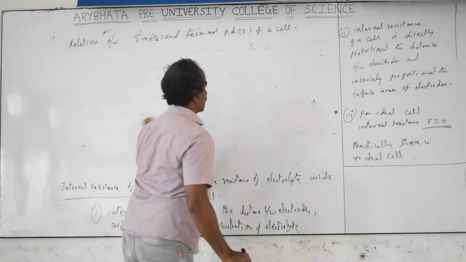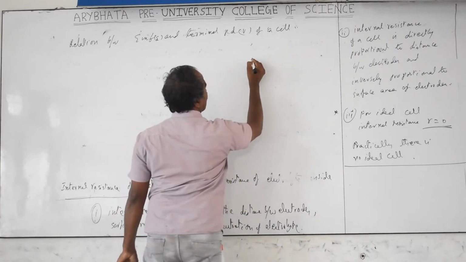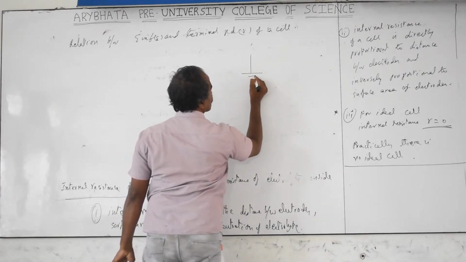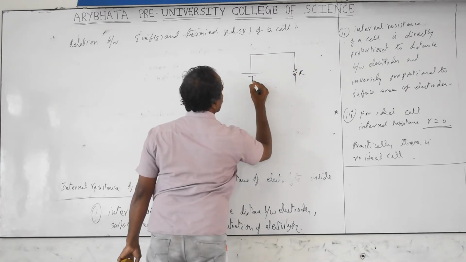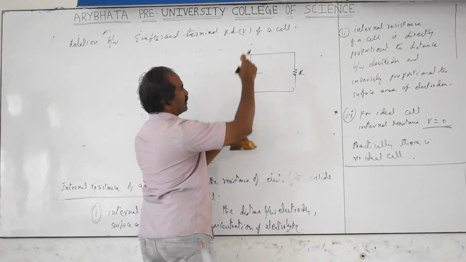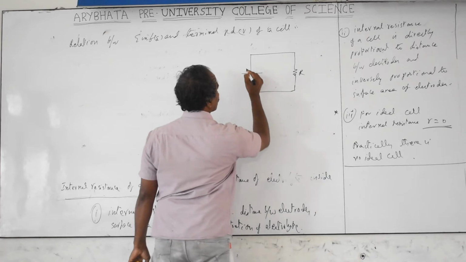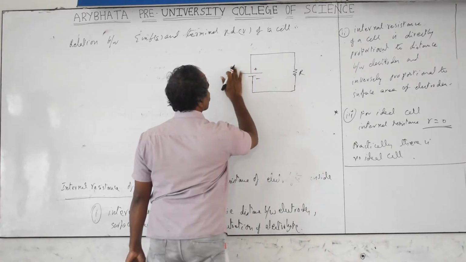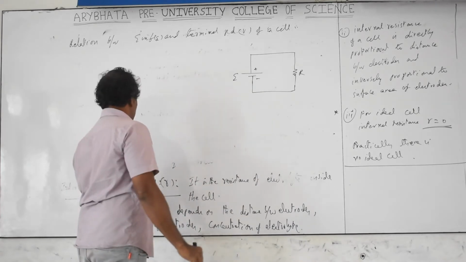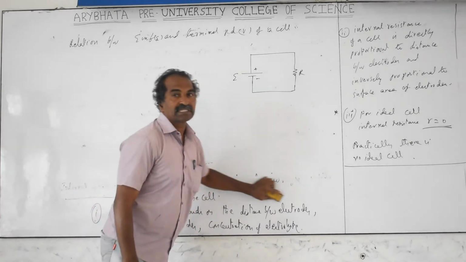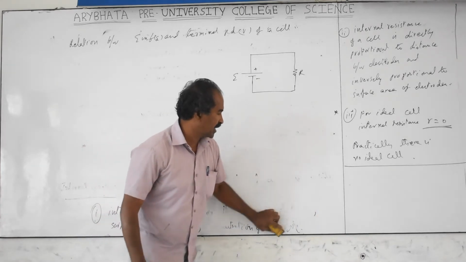We take a simple circuit. When they mention a simple circuit, we are taking only a single battery cell and one external resistance R. You can draw the diagram with R on top or with the cell down, that is your choice. I am just taking it differently. It has a plus and minus. The actual voltage is the EMF. The EMF has a direction. This is a scalar, not a vector, but it has a direction. We will mention the point here.